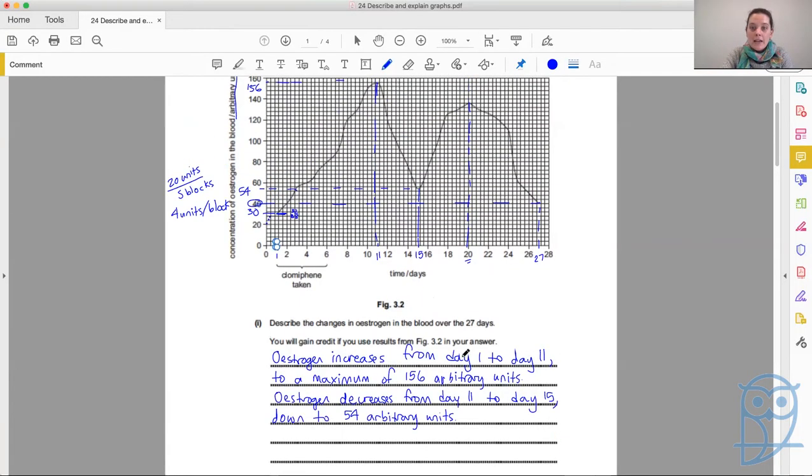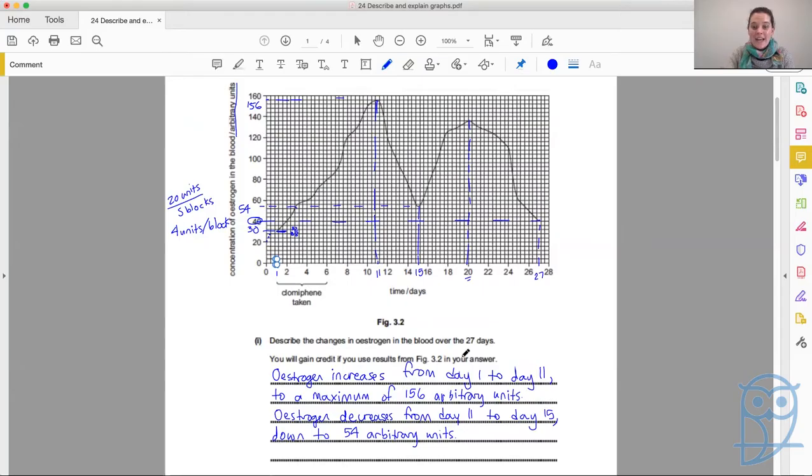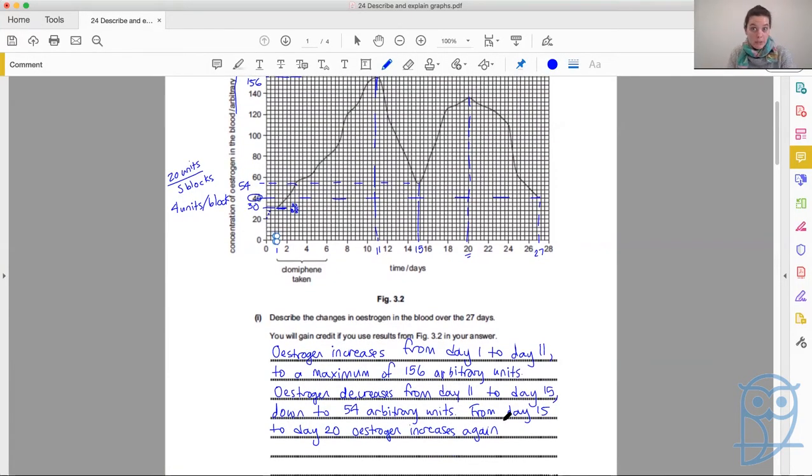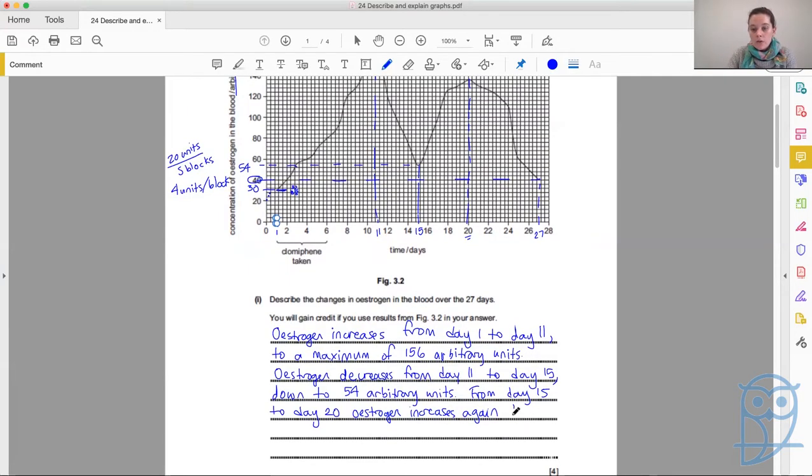So what happens next? We increase again. So from day 15 to day 20, estrogen increases again. But remember, we're increasing up, but we're not going as high as that first time. So we don't want to go to another maximum, okay? But we can say it's a peak, but it's lower. So to a lower peak